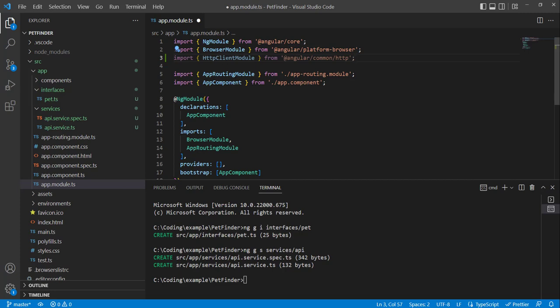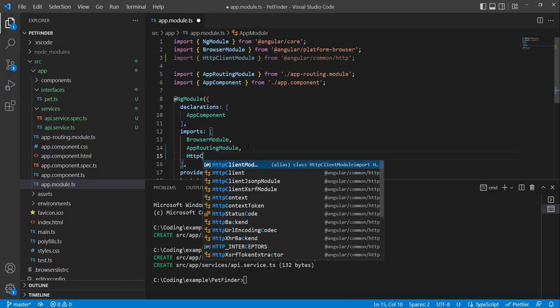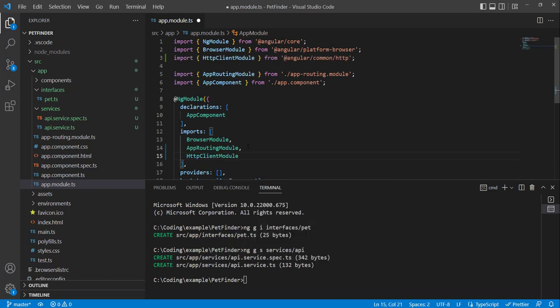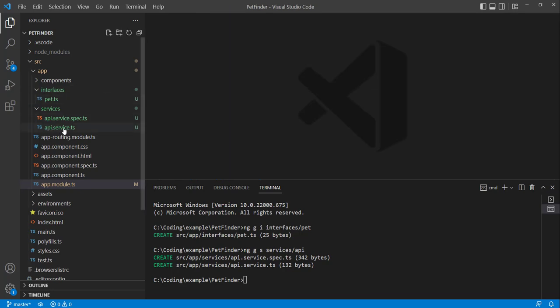And remember, you see how it's grayed out? It's because it isn't being used. So you gotta go in your imports and put your client module here. That way Angular knows, hey, I've got a client module, and now you can use it throughout your whole Angular app. All right, I'm going to save and then close this file, and then go back to my service,